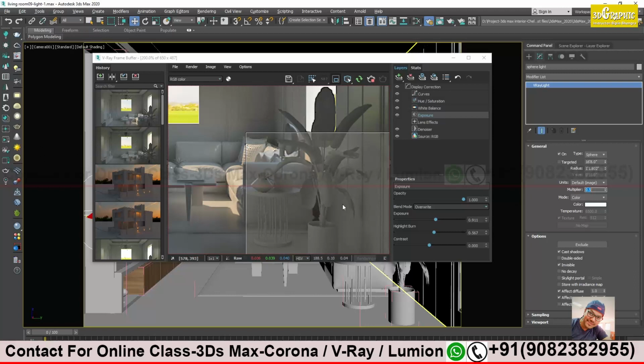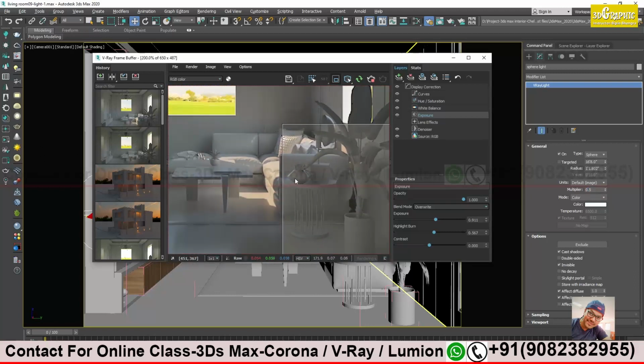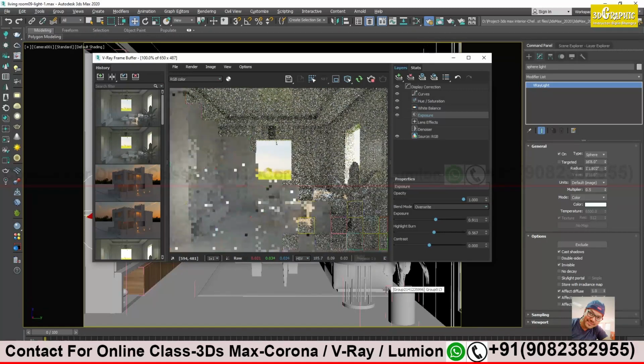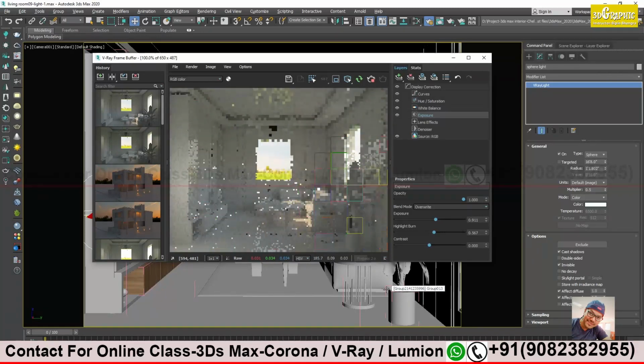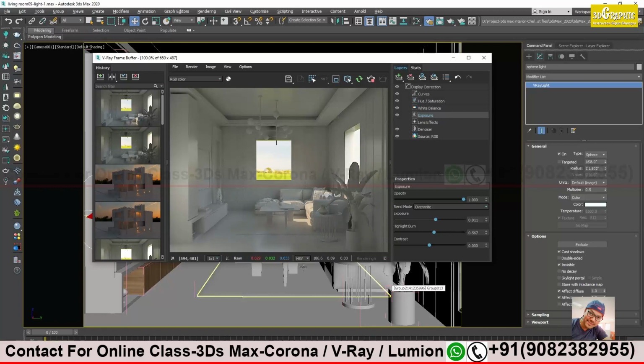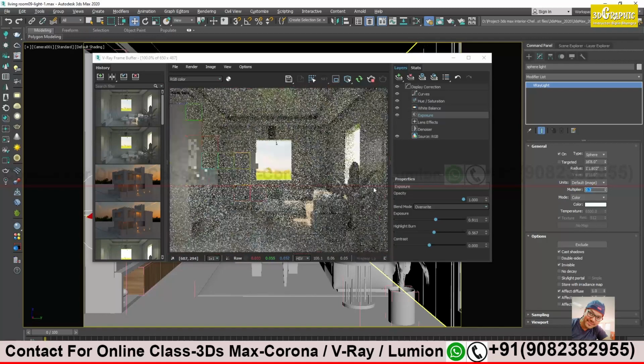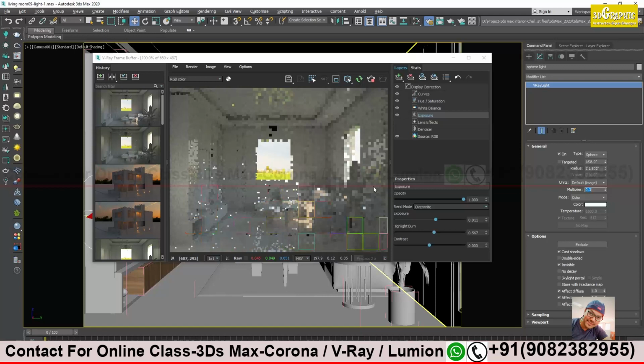Okay, I think I'm good with this, but let's see the complete render. Then only I will decide. Okay, I'll reduce a bit more. Very little.